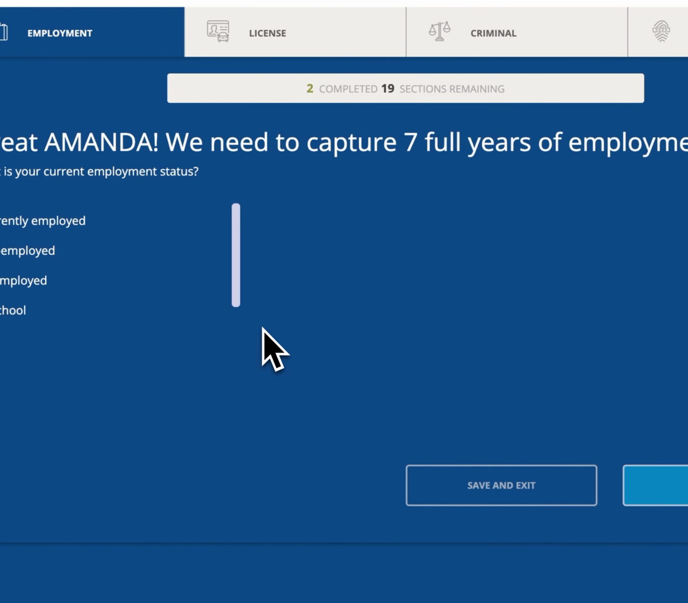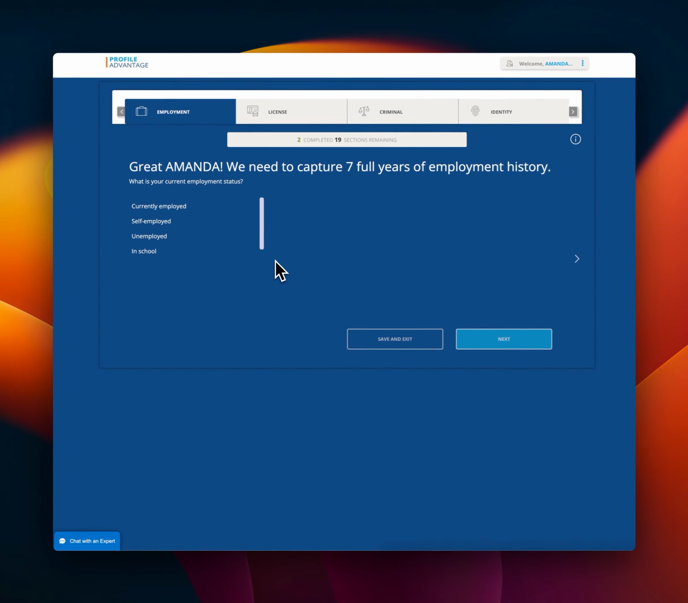Okay, it's going to ask for 7 years of full employment history. If you've been at one job for over 7 years, you're in luck. You only have to put one job. If you've been at one job for a couple years, you're going to have to put 7 years of detailed